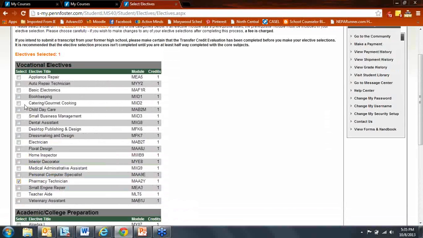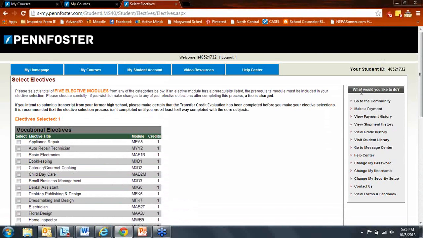So moving right along, as you can see, this little What Would You Like to Do widget is still appearing on the right-hand side of the page. So this is something that you'll be able to see no matter where you are in your student portal. You'll be able to see this What Would You Like to Do box because there's many things that you can do with this little box here. So another one that I will navigate you to now is going to be your personal preferences and settings. So I will go ahead and go to